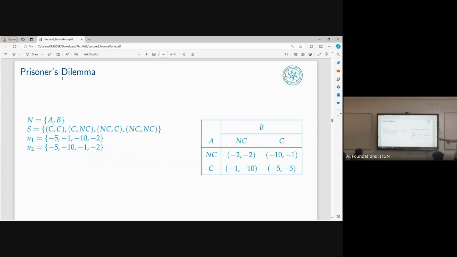Okay, in this case, what do you think the players should do? Should they confess or should they not confess? Both of them should confess. Ideally, if each approaches it as an individual, one should confess to reduce its cost and get the highest utility of -1. But if the other confesses, then it will get -1.